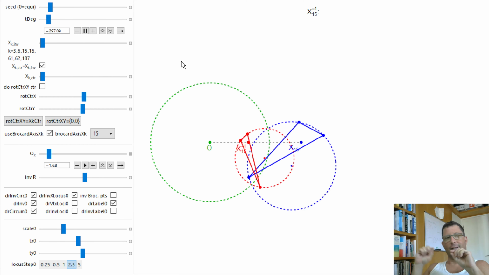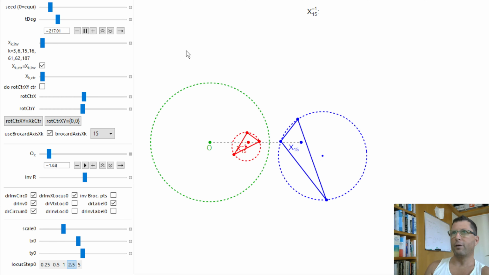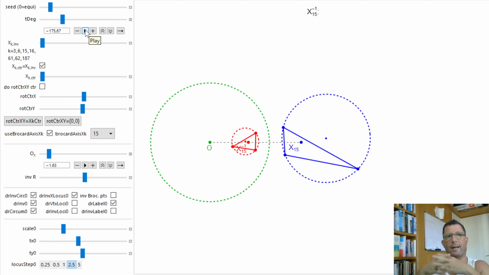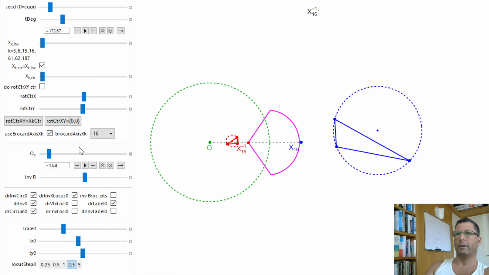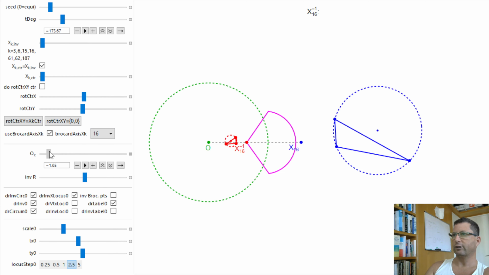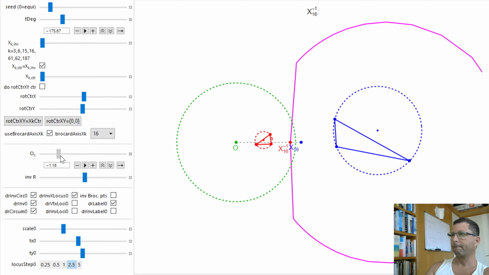X15 is a point. Now, briefly before we end, I'm going to show you guys that you get the exact same phenomenon with the second isodynamic point, X16. And to do that, I'm just going to choose X16 here. And we're going to move OX in such a way that,